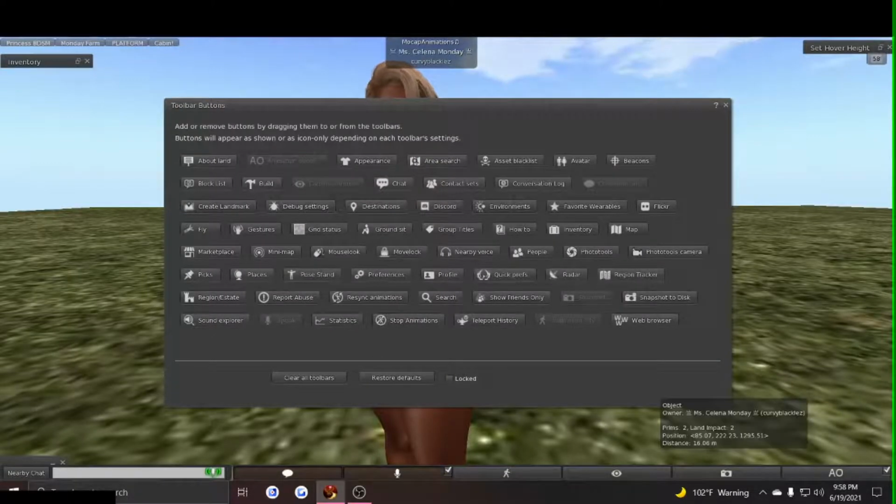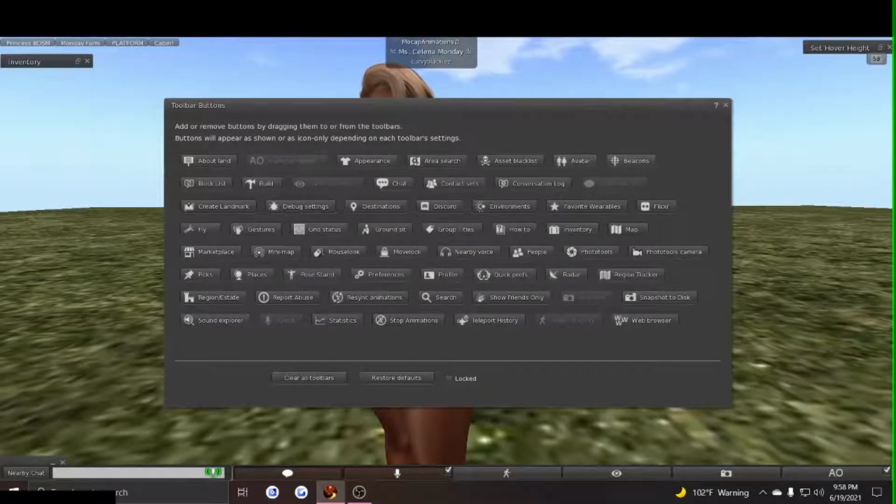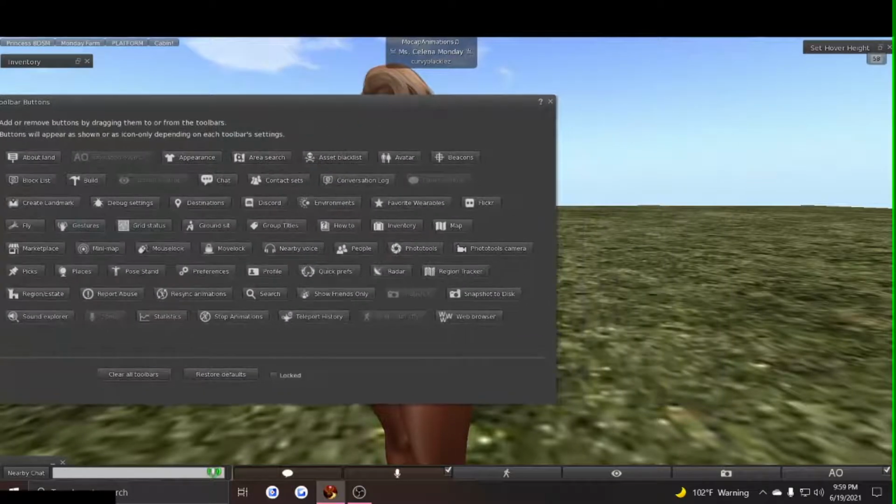Alright, so as you can see, you have quite a few choices in what you can put on this bottom bar here, which usually you don't see mine because there's no need for that, but today there's a need. About land, you have appearance and search and assets and move lock and all these wonderful things that can be sitting on your screen so that you can have instant access to them at any given time. I don't use very many of them. I only find that I need a few at any given time and the rest,